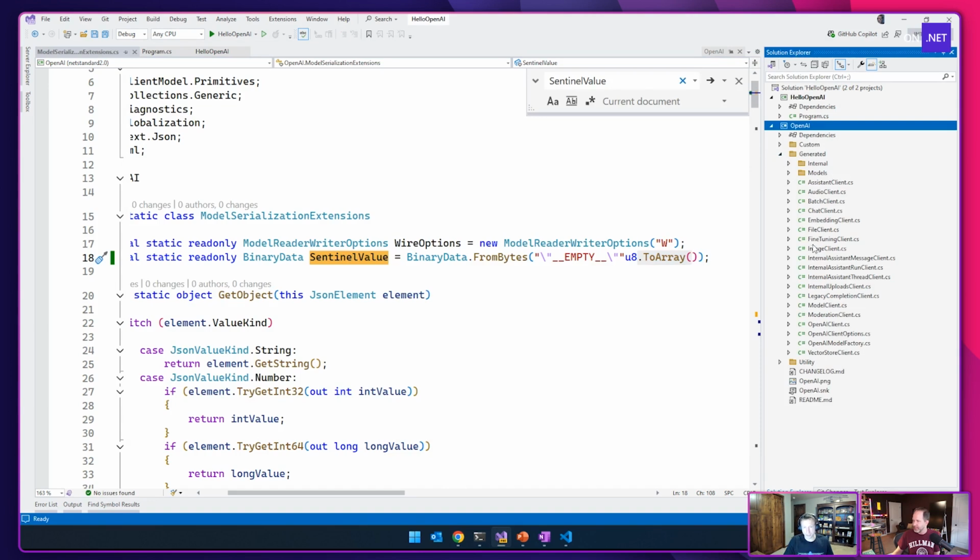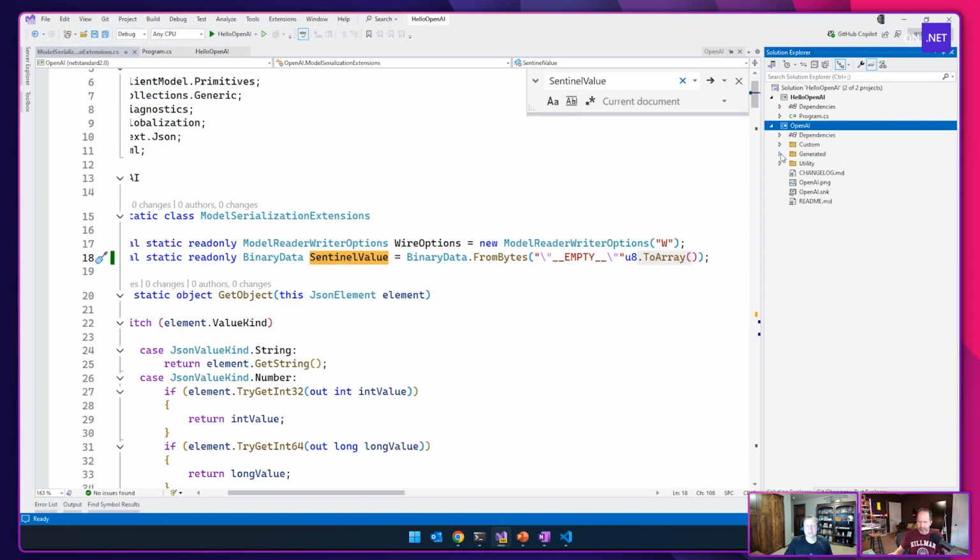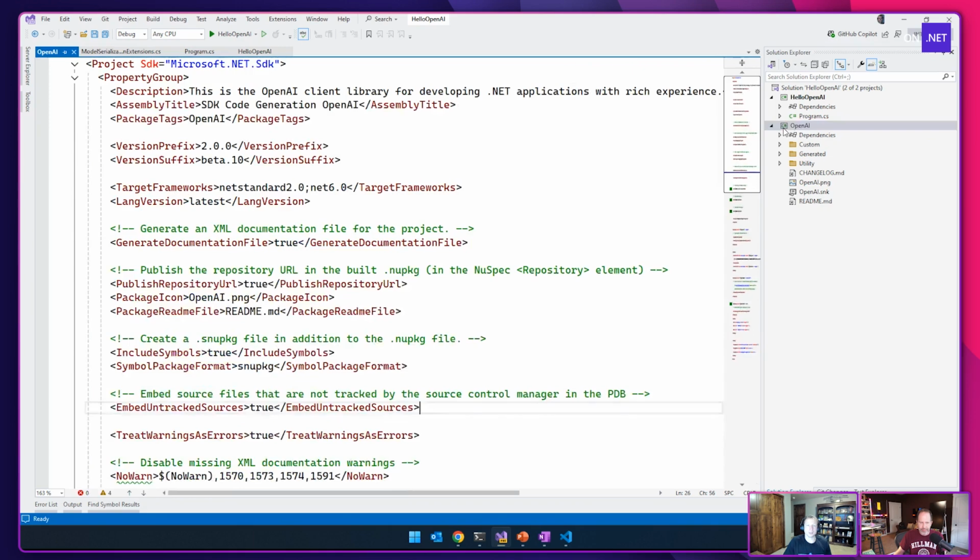Like if you look at what's generated here, there's images and embeddings and whatever. And so as a library author, if I was on the OpenAI team and I wanted to ensure that my library was compatible with native AOT, I guess one way would be to try to run every line of code in native AOT and make sure it works. But we don't want people to do that. So we built analyzers for them, kind of two of them. One's a Roslyn-based analyzer, and then another one is the one that you already saw, when you actually publish an app, it'll analyze and it'll warn on the problems.